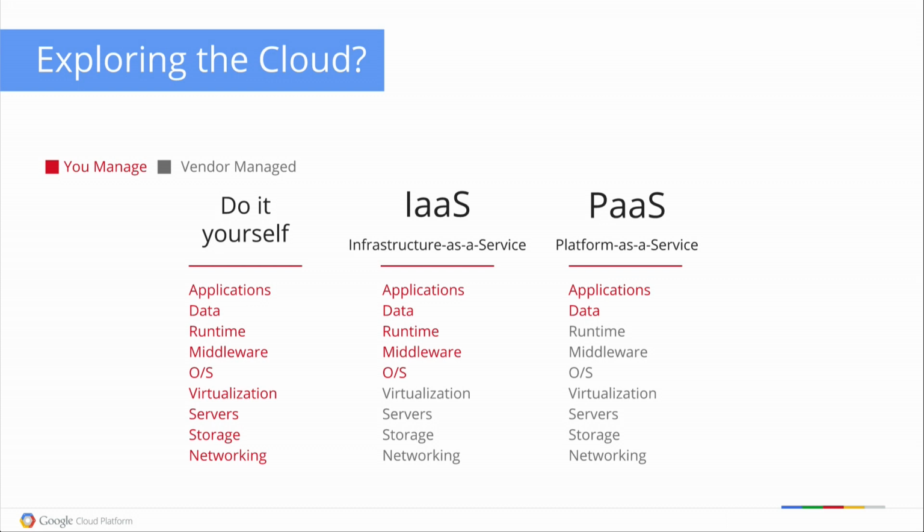With infrastructure as a service, you get all of the virtualization layer. You actually get a machine provided for you, a virtual machine. On top of this, you install an operating system, usually provided by the cloud vendor. And on top of that, you install all the middleware, all of the runtime, and your application software as well. That's infrastructure as a service. Platform as a service is a little bit different because it provides the OS, the middleware, and the runtime. It effectively provides you with a software stack on which you can run your application and store your data.